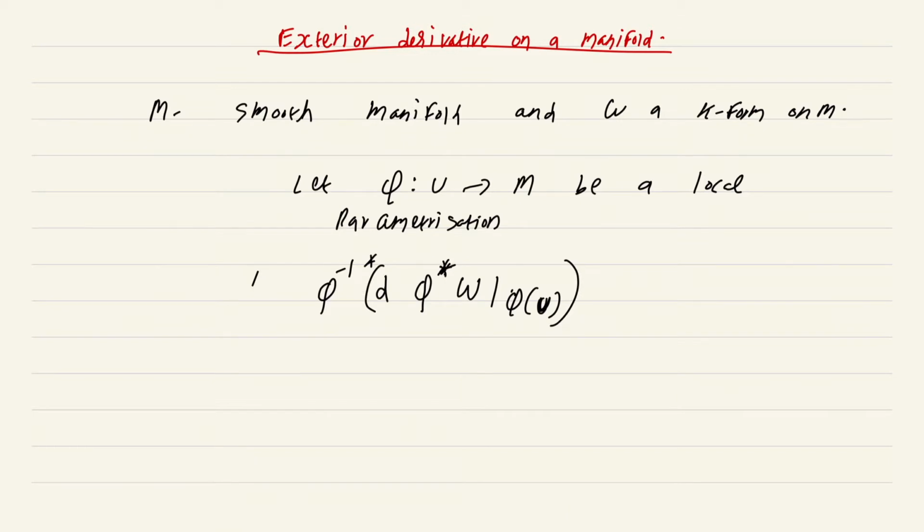This would give you a form defined on the set phi of U. It will be a k+1 form on phi of U. But the problem is you could have taken some other local parametrization and done the same thing, and you would have been left with an answer that could possibly be different from the answer we have here. So more precisely, let psi from V to M be another parametrization,